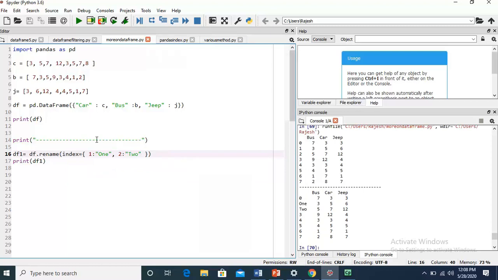Similarly you can write here 4, then it will be changed into 4. Okay, now we know how to rename the index.